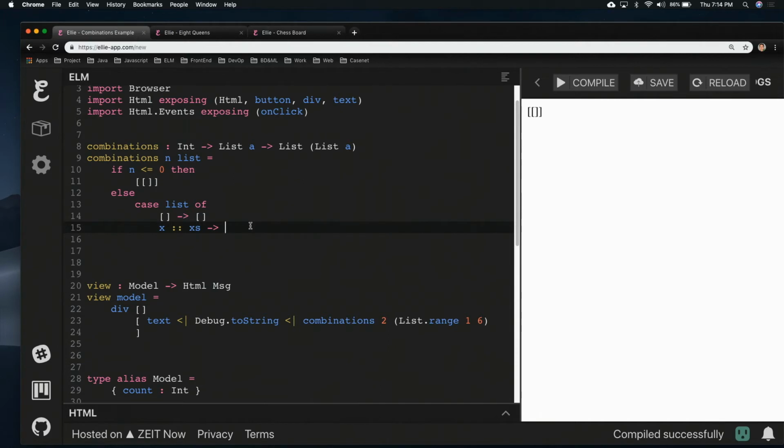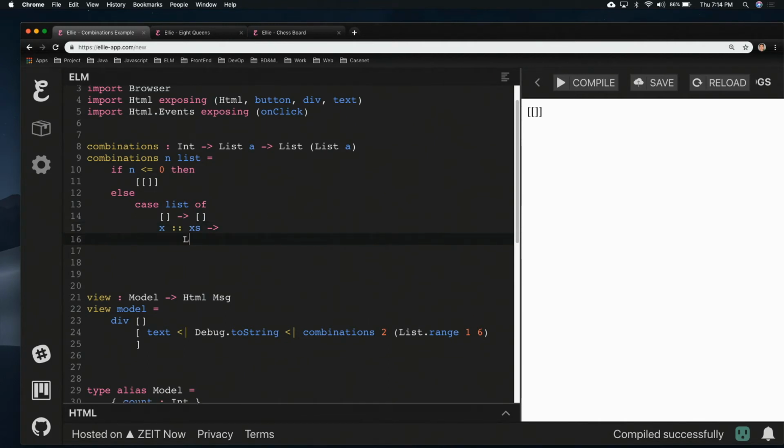So if I got the head of the list and a tail, what do we do? We said we pick, like, A, right? It's the head. Now what do we do next? We combine this A with a combination of the remaining part, but with n minus 1. Understand? So we combine that, that means using the list function called